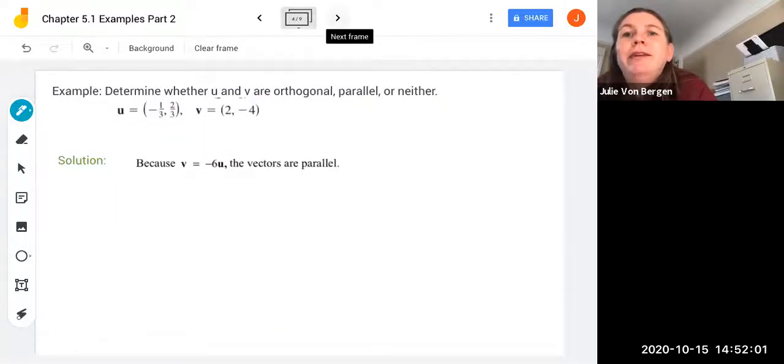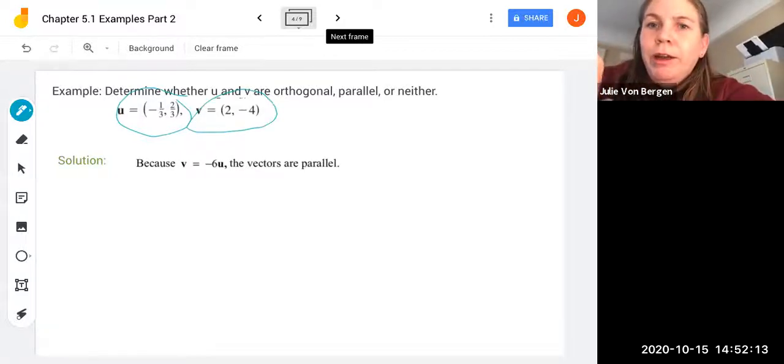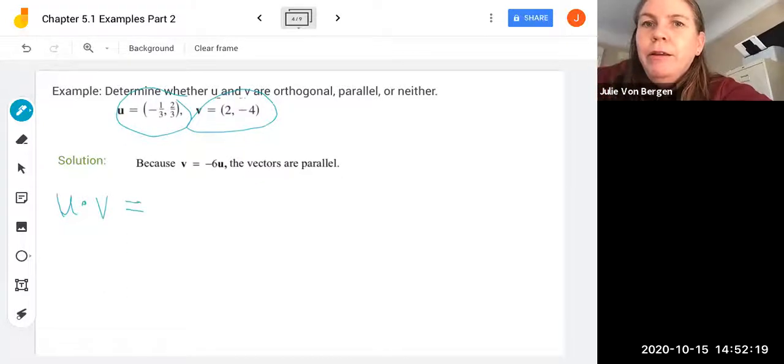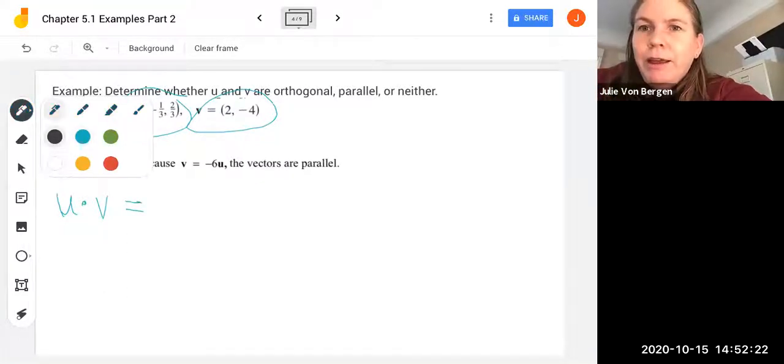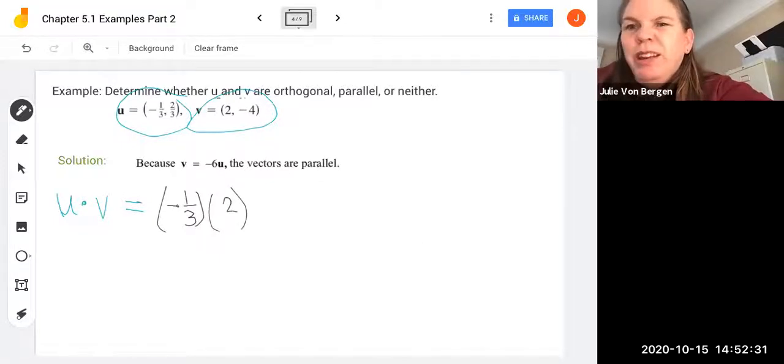So now let's look at these vectors. Vector u is -1/3, 2/3, and vector v is 2, -4. So you could check the dot product if you want. We're not going to get 0 there. You can kind of already see that. But if you check component-wise here, you get -1/3 multiplied by 2. So that's going to give us -2/3 plus, then you're going to get